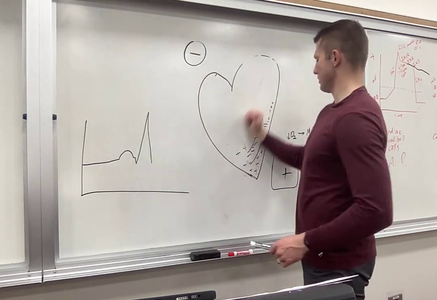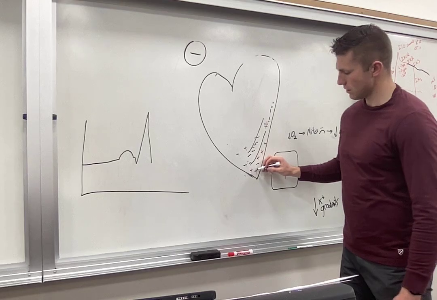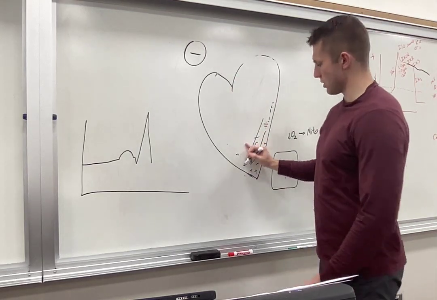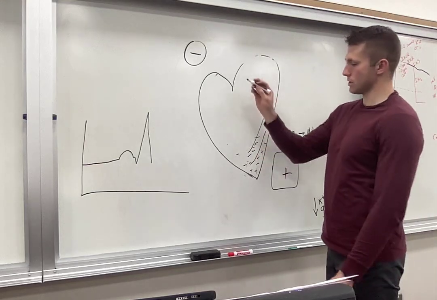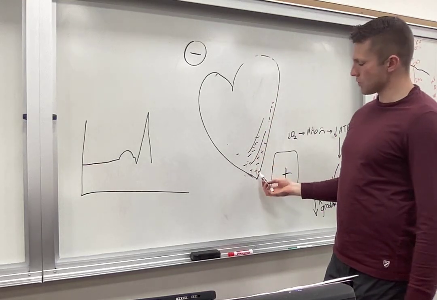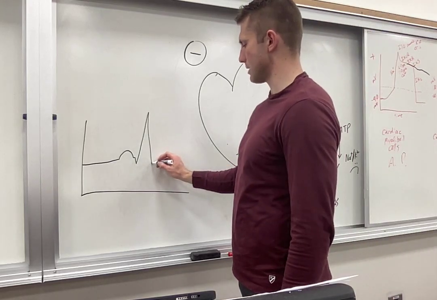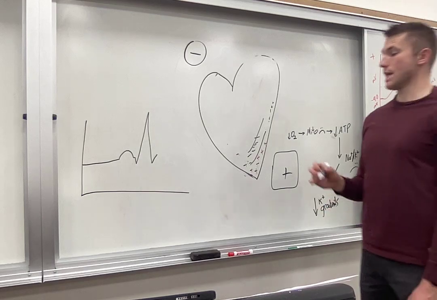Okay, so we start off with a positive going towards a negative, and these are all negatives. Positive tail going towards, so that's normal so far. So we come back to baseline. But then